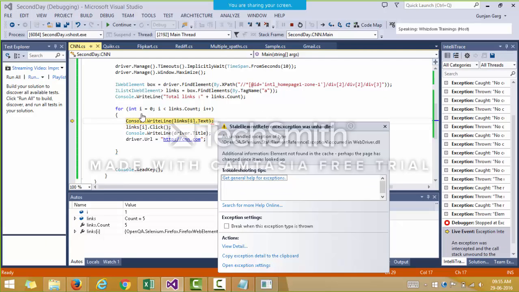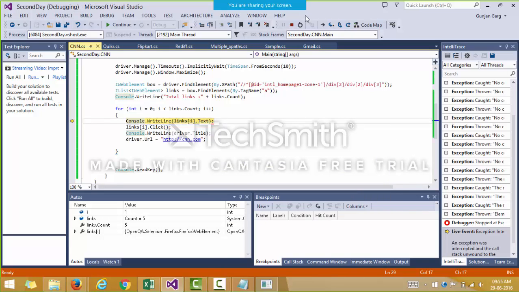And it throws an exception over here. It says the stale element reference exception was unhandled, that is, the element was not found in the cache, perhaps the page has changed since it was looked up, right?